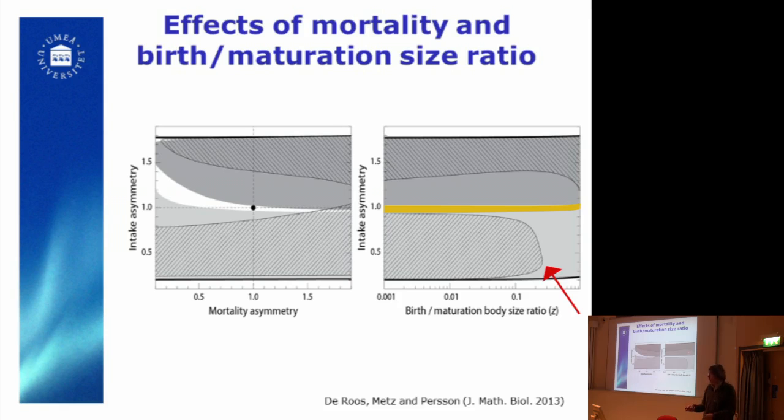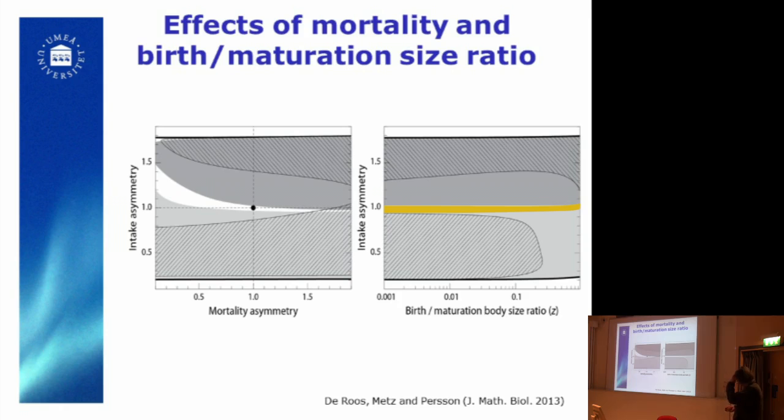And that can be related to the fact that you reduce the time delay, and one aspect of these types of cycles is the time delay from juvenile to adult stage. So the only effect that this Z has is basically that high Z values lead to the disappearance of the juvenile-driven cycles. So for birds and mammals, again, with respect to overcompensation, there is no real reason to expect that they shouldn't show this